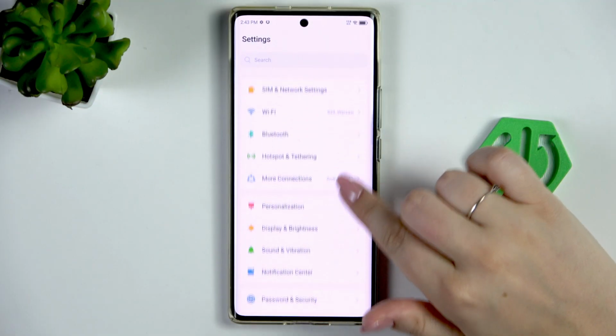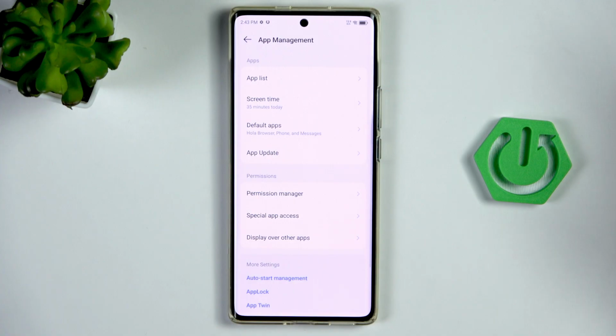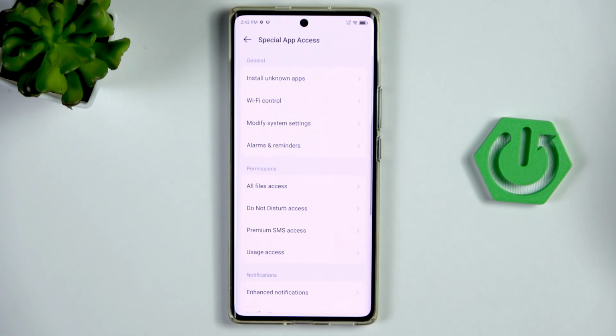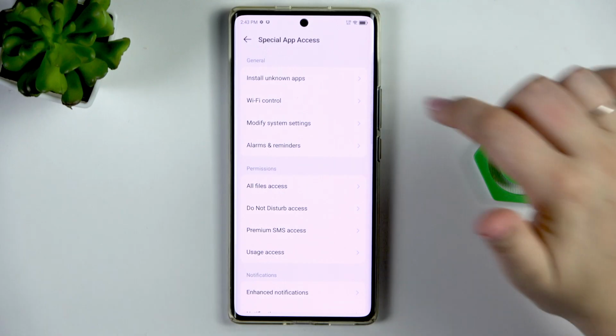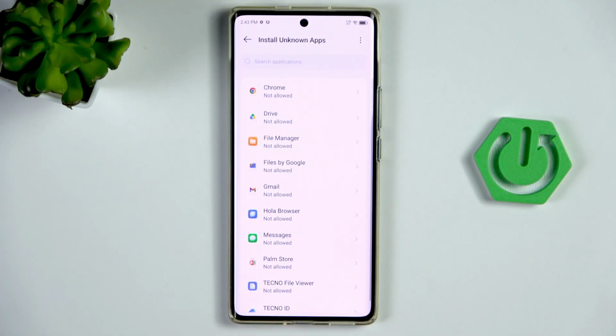And here let's scroll down and find App Management. Then let's go to Special App Access. And here at the top we've got the option Install Unknown Apps. So right here we've got the apps which are allowed or not allowed to install some content, and of course